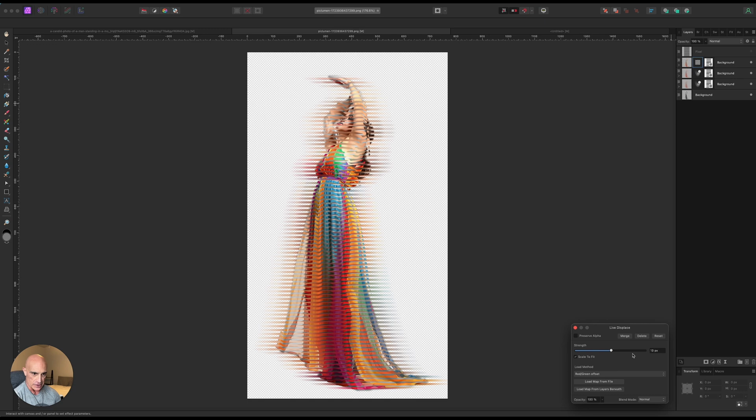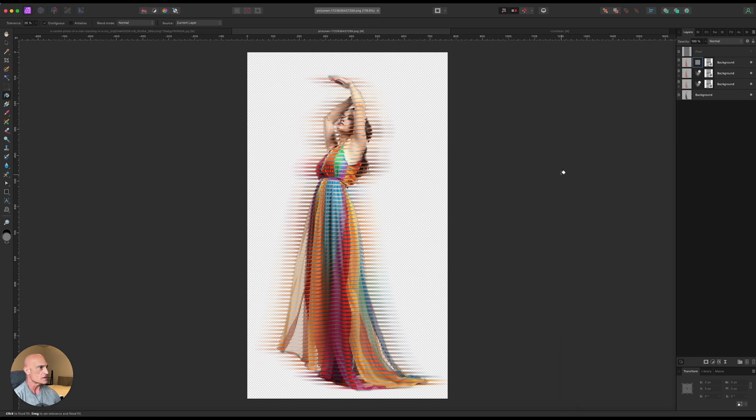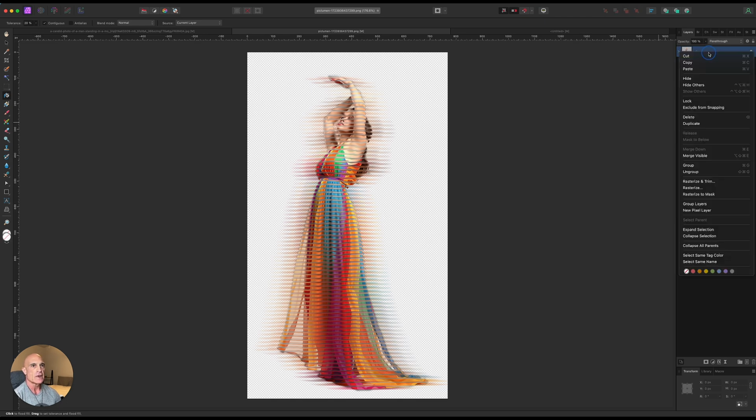And you can see right away it's set to 10 pixels as a default, and it's really chopping it up. We don't want quite that much. Let's go down to maybe 4 pixels. Okay, that's not looking too bad. And now to fill in some of these gaps in here, let's go ahead and select our middle layer, and we'll just nudge it up a couple of pixels. And we'll take this bottom and we'll nudge it down a couple of pixels. Let's get rid of our halftone layer, and let's just go ahead and group these together. And finally, we'll just